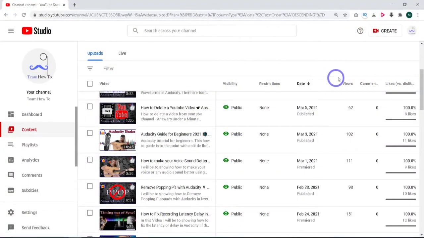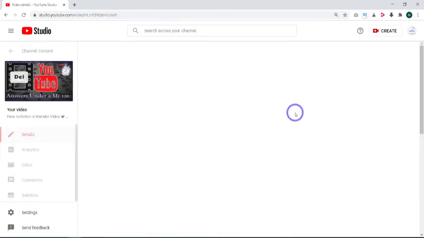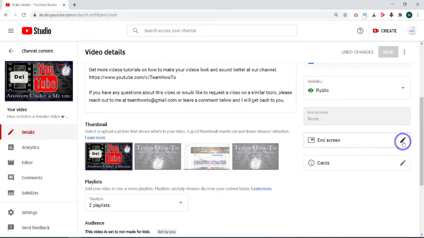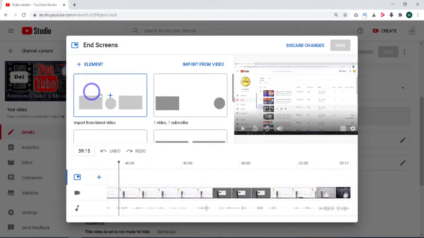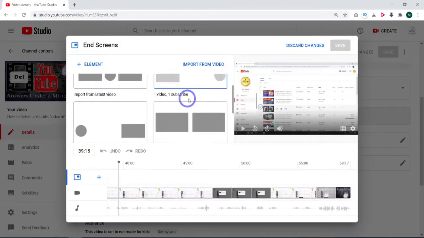Today I want to show how to add an end card or an end screen to your YouTube videos. Let's just click on the one we want to deal with. Come down over here on the right, add end screen. And now we're going to pick either from the one we've used last, or we can pick like this